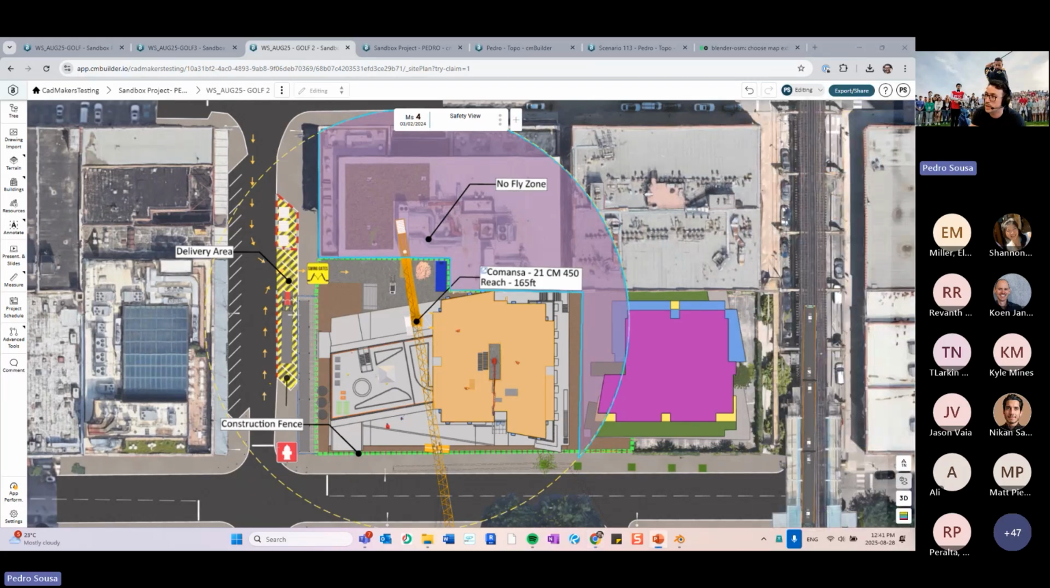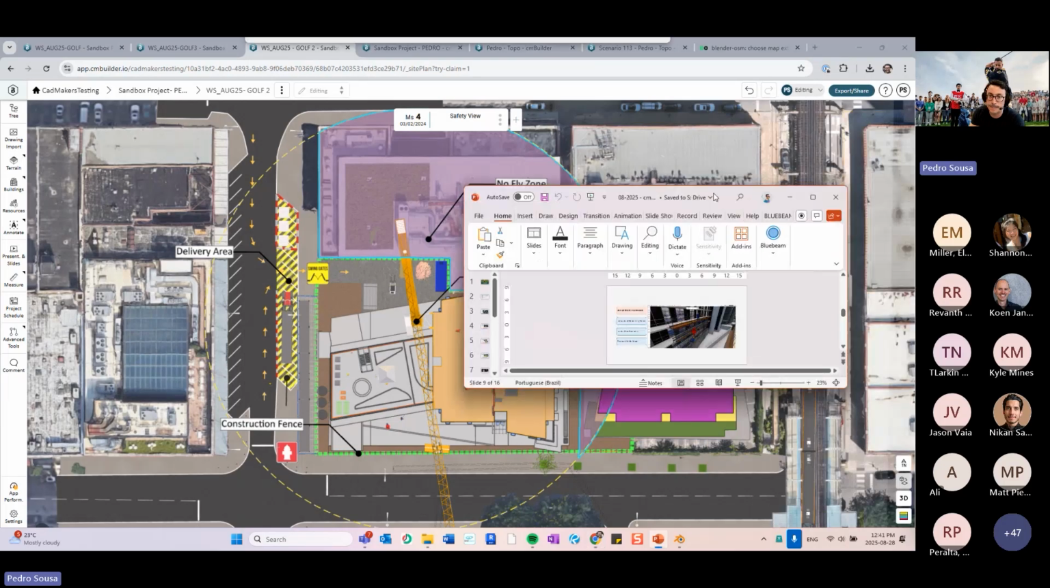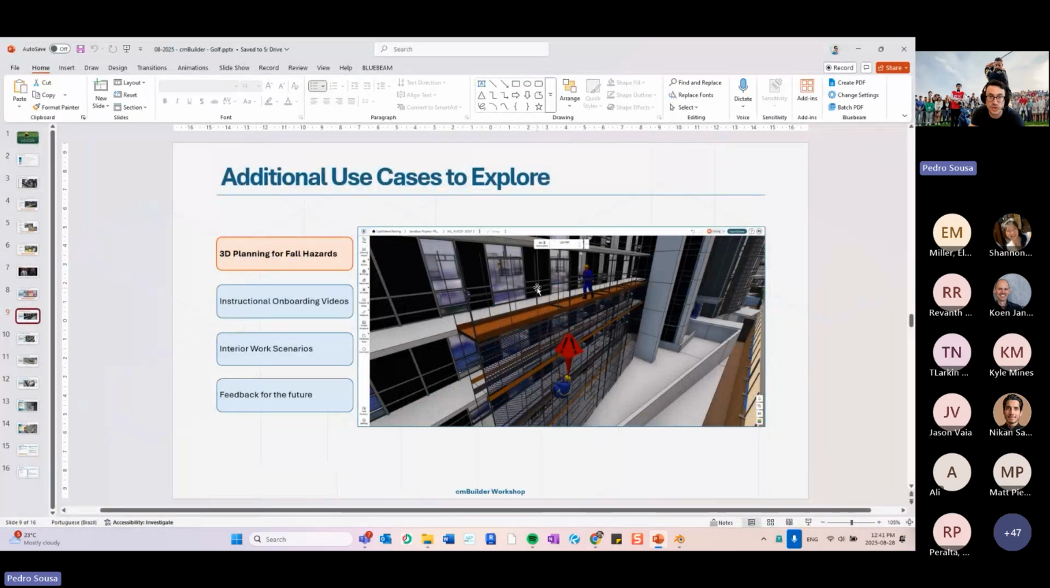Okay. So yeah, and then additional use cases to explore. One additional use case would be 3D planning for fall hazards, right? I already talked about this a little bit. It's hard for you to identify these issues and these kind of complex risk areas if you're working from a 2D perspective, like PDF creators and whatnot. So creating a 3D plan is going to give you a lot more